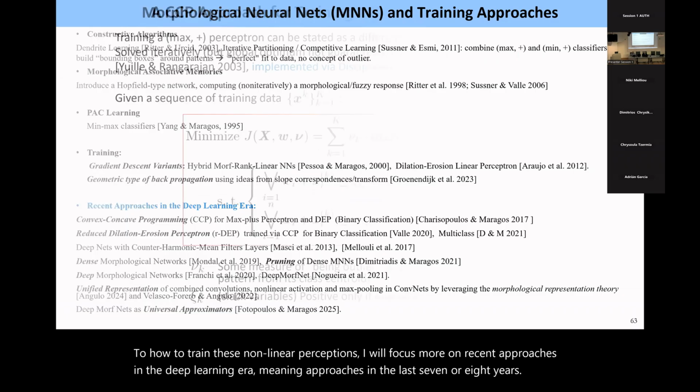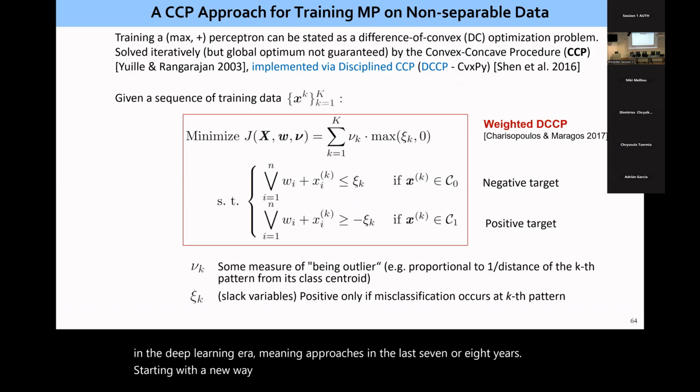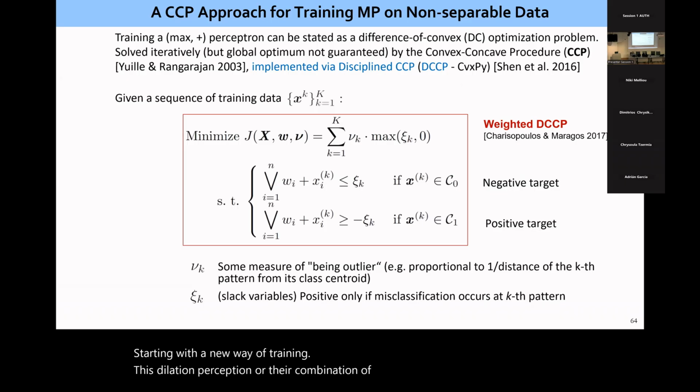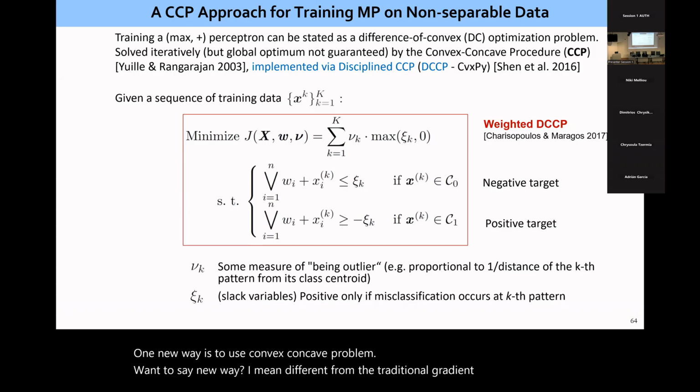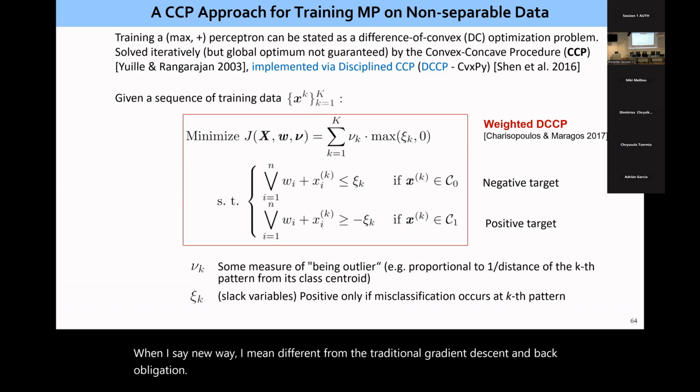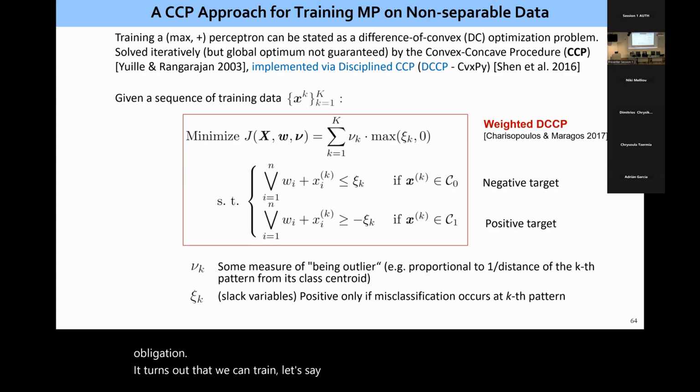Starting with a new way of training these dilation perceptrons, or their combination of dilation plus an erosion perceptron. One new way is to use convex concave programming. When I say new way, I mean different from the traditional gradient descent and backpropagation. It turns out that we can train, let's say, a dilation perceptron, which means we can find optimal weights Wi